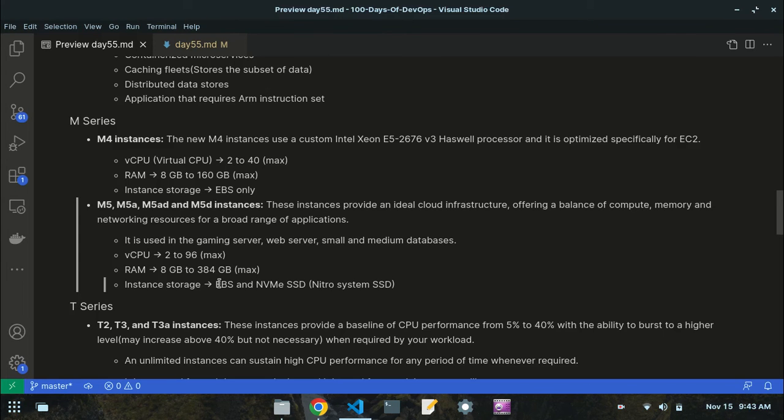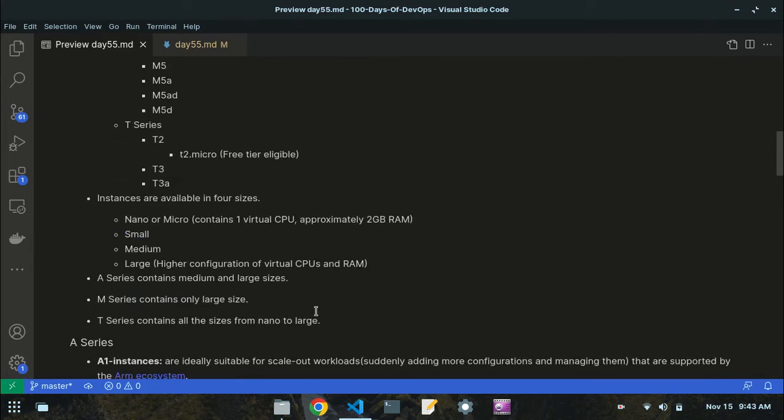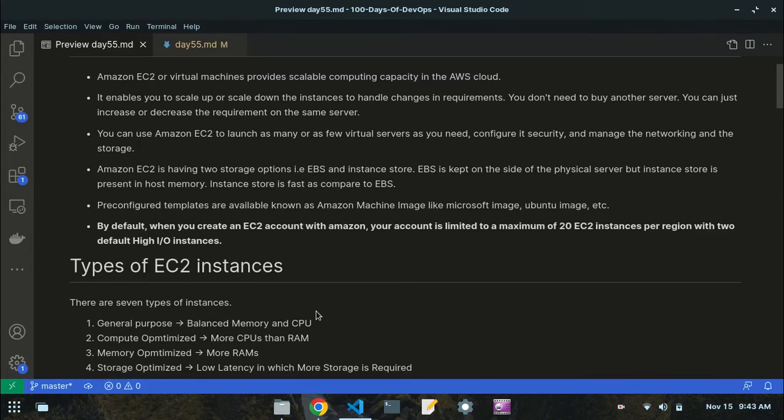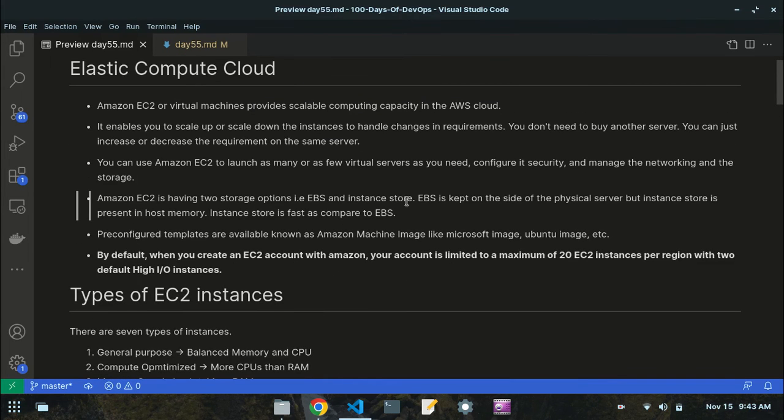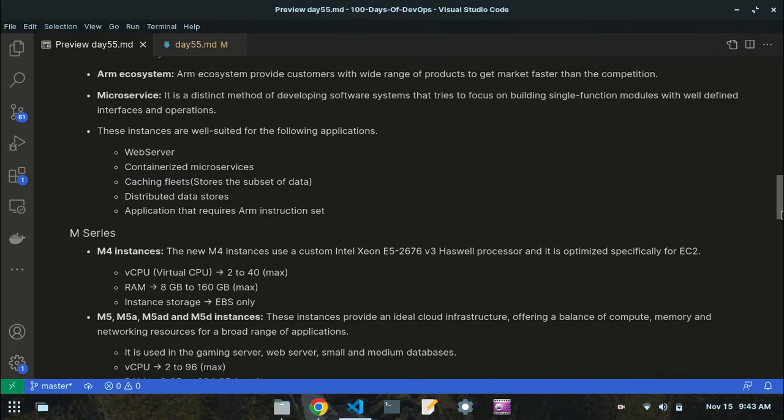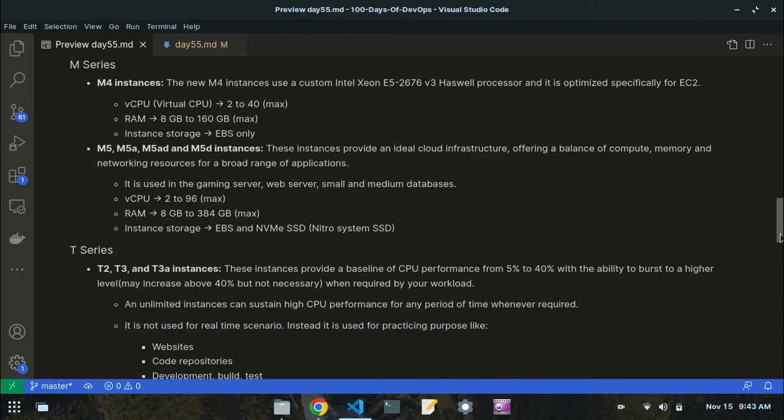We have discussed what EBS and the Nitro System are. If you scroll up, this will be the instance store. So the instance store or EBS are the two storage options that EC2 provides, or the Nitro System. So let's scroll down.